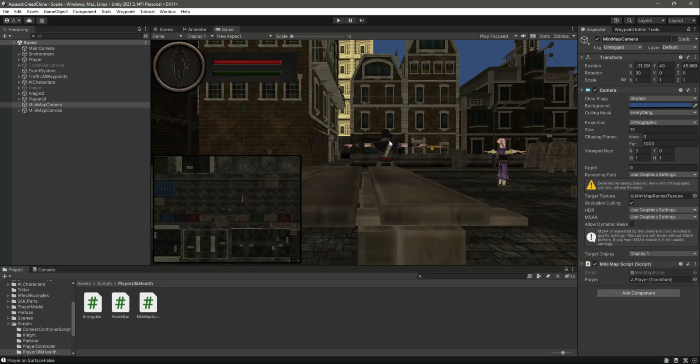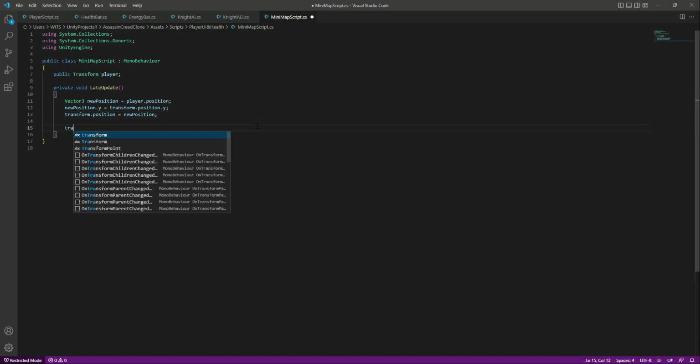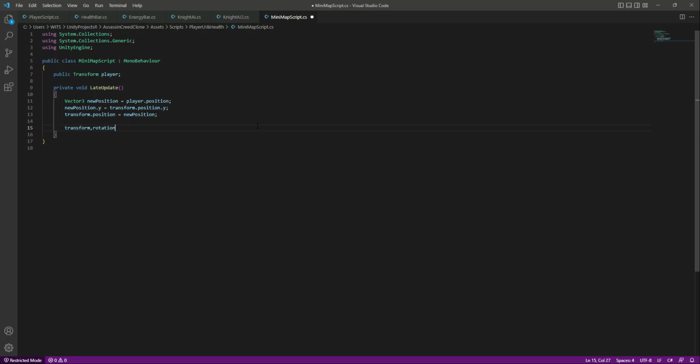Okay, so let's go ahead and make the camera look in the same direction in which the player is moving. For that, on the Minimap script right down below, we will say transform.rotation, which will be the Minimap camera rotation. This will be equals to